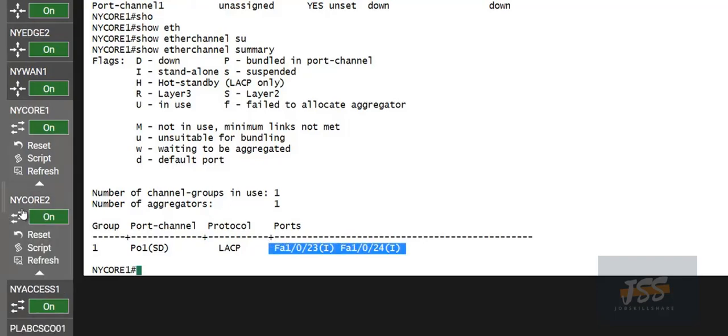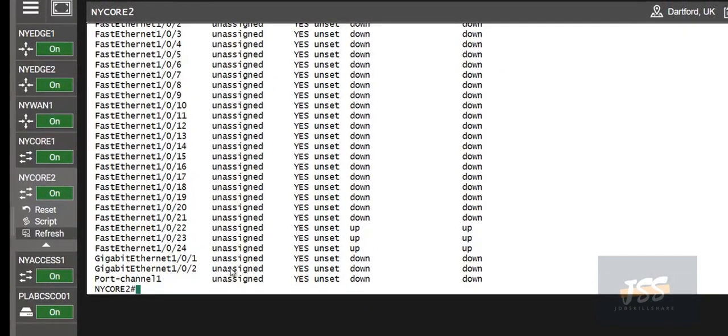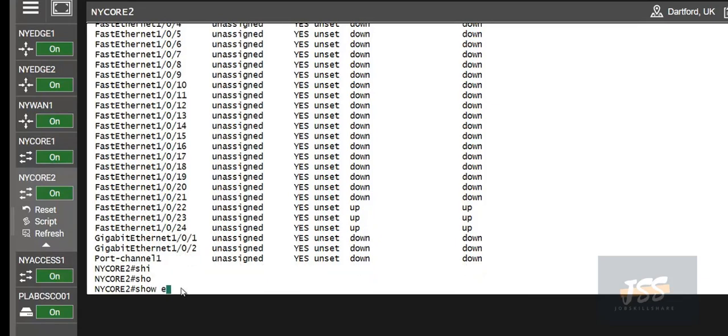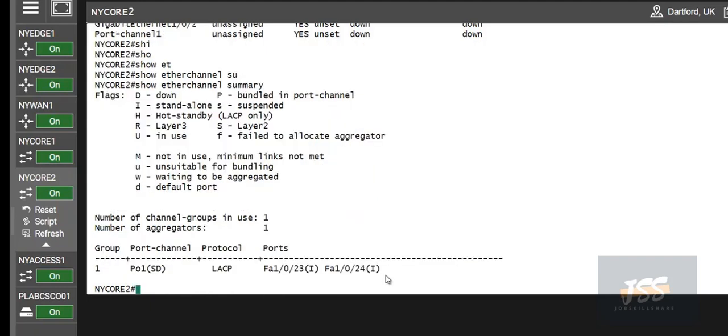We can see on the NY Core 2 as well. So to check on this, the NY Core 2 command is simple, show etherchannel summary. It will show you the output. You can see over here again not operational. I means standalone.